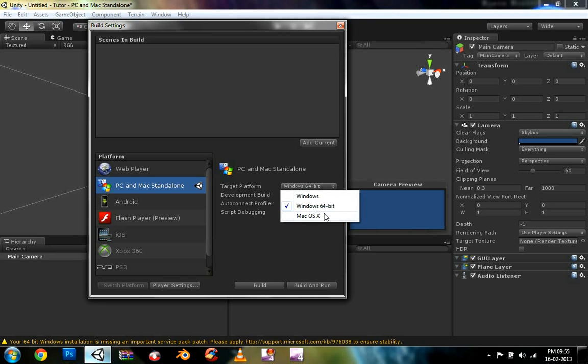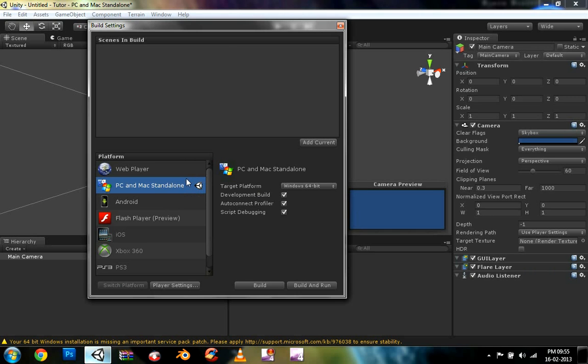If you are using Mac, there is an option for Mac. Usually I'm using 64-bit, so I will use 64-bit, and you have to tick all the options like development build, auto connect profiler, and script debugging. After you have ticked all this, you have to hit switch platform.